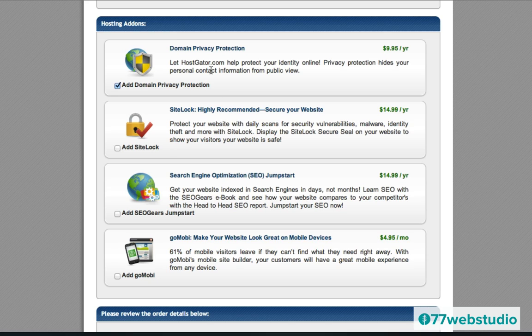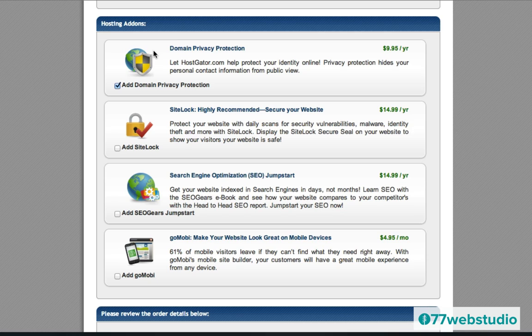And the privacy protection, this is really optional as well, so it's optional if you want to use it. I do recommend signing up for privacy, however, and this is why. When you create a web hosting account on any kind of web hosting company, by default, if you do not have privacy, account details, including your address, your email address, and your phone number, may show up in the web host database for anyone on the internet to be able to access.